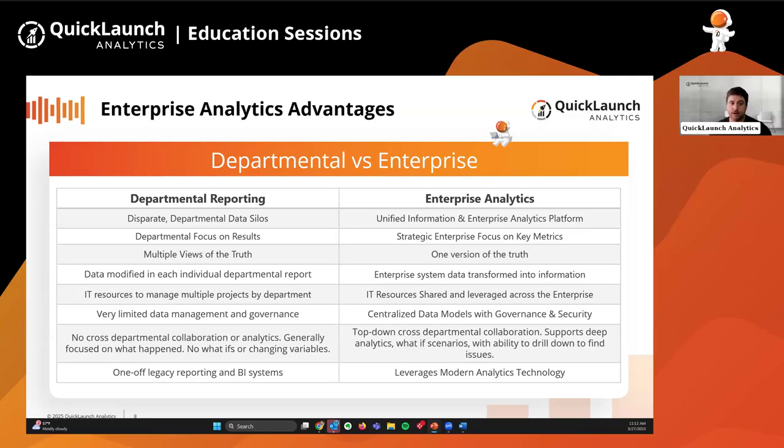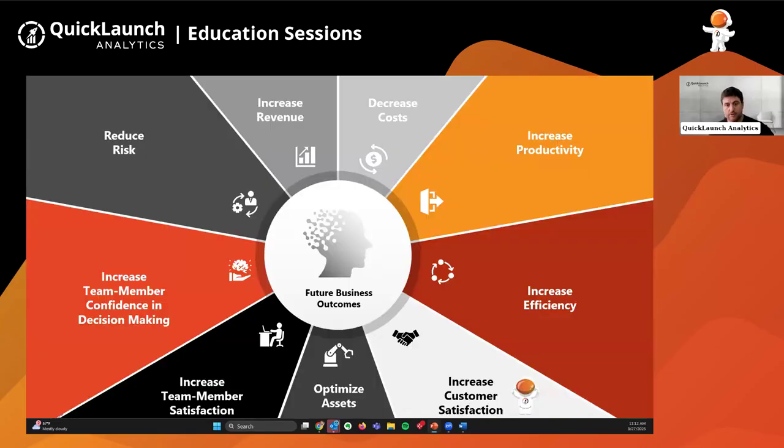Again, so this enterprise analytics approach is really how you start to create this business value. And ultimately, when evaluating a new technology investment, or really any business investment, the key question is always: what business value will this create, right?